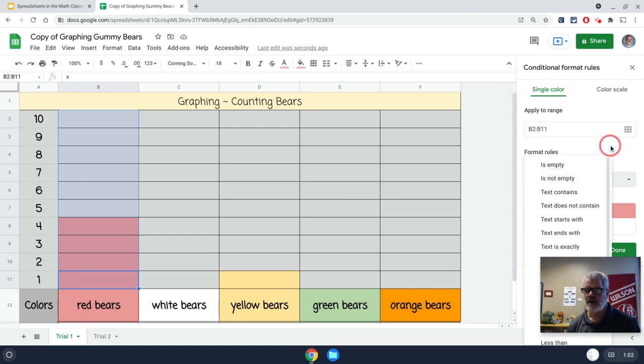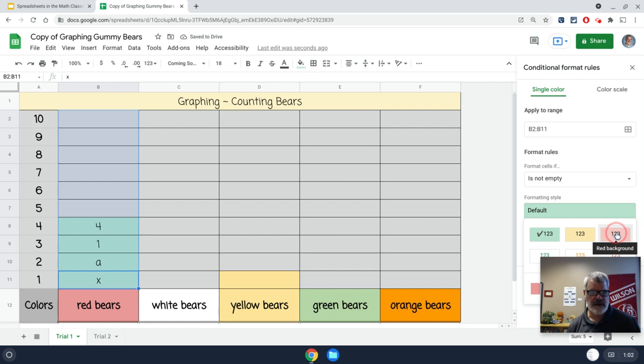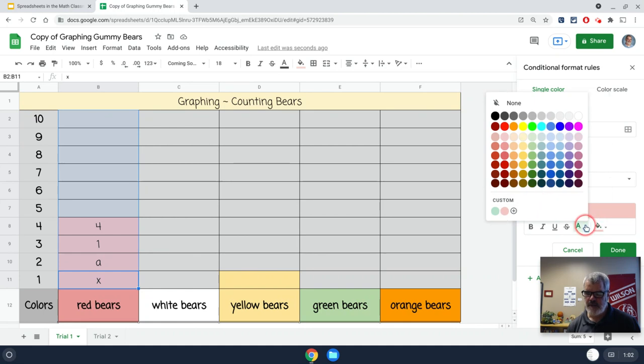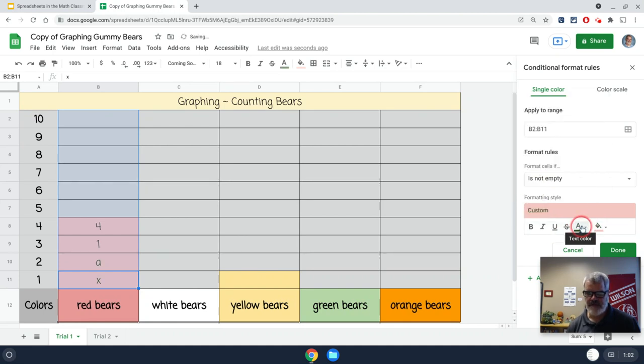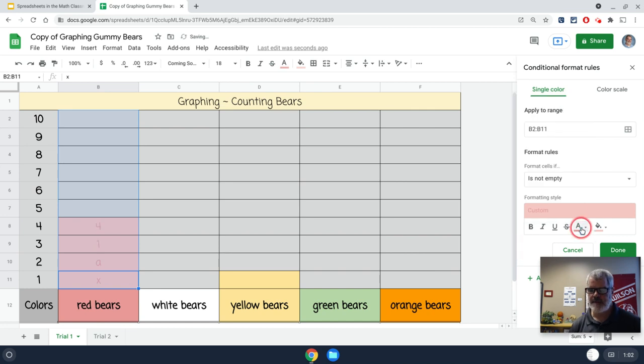If it's not empty, what I want you to do is change it into pink. Again, I could change this to green if I'd like to, or I can change it to pink. And you'll notice the text color adjusted too when I switch that. So really, you can set that condition so that the font color and the fill color exactly match, so you make those numbers and letters disappear for the students. So in this case,